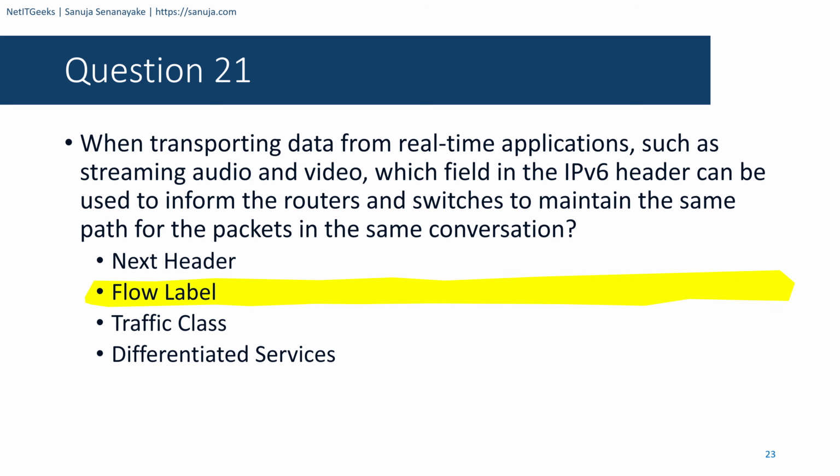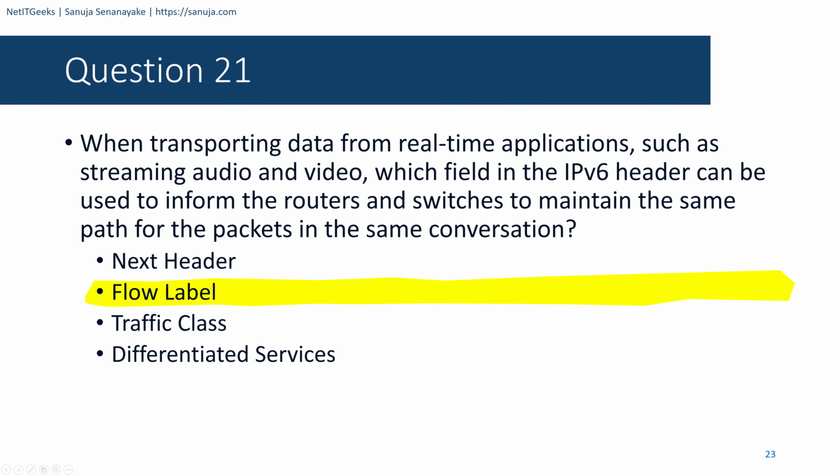So the answer to this question is flow label. Remember, the flow label in the IPv6 header is a 20-bit field that provides special service for real-time applications. In other words, this field can be used to inform routers and switches to maintain the same path so that packets won't be reordered in any way when the next packet comes in and the next packet comes in. So the flow label in the header of the IPv6 is what controls the real-time application switching